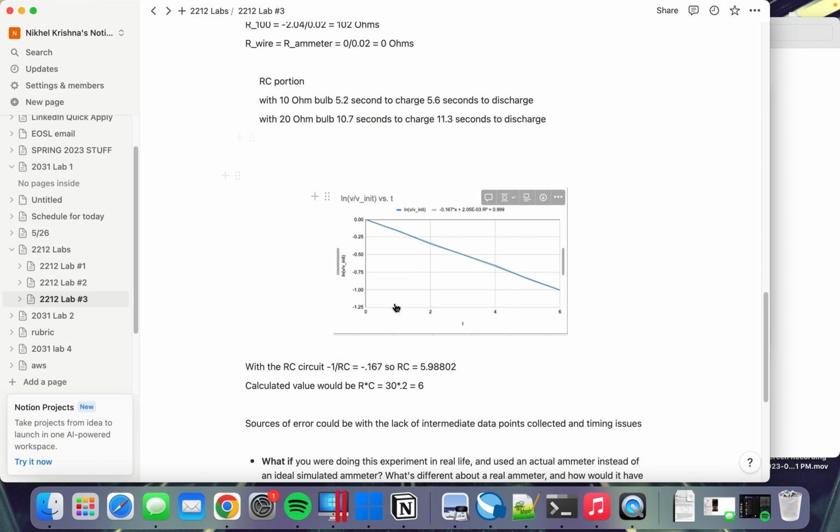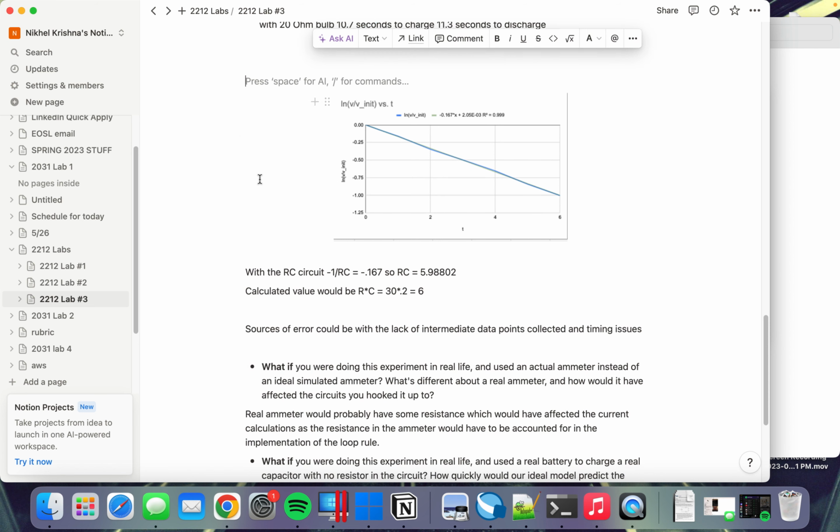Moving on to the RC portion, we calculate with our 10 ohm bulb, it takes 5.2 seconds to charge and 5.6 seconds to discharge, and with our 20 ohm bulb, it takes 10.7 seconds to charge and 11.3 seconds to discharge. And finally, in our analysis between time and potential differences, we get a very linear relationship using the 30 ohm bulb,